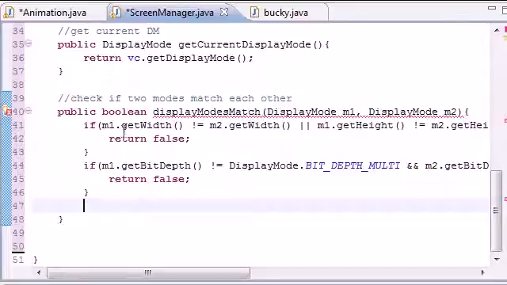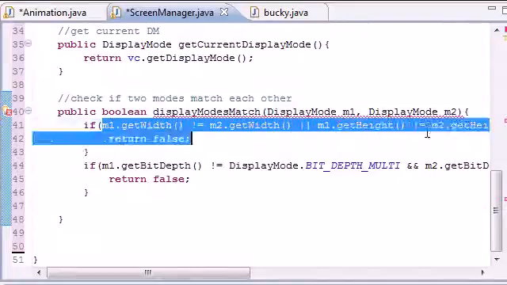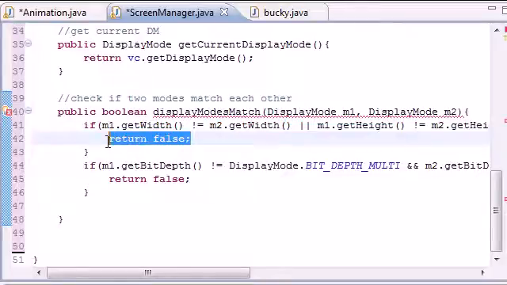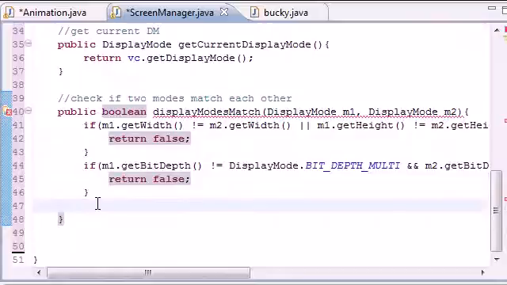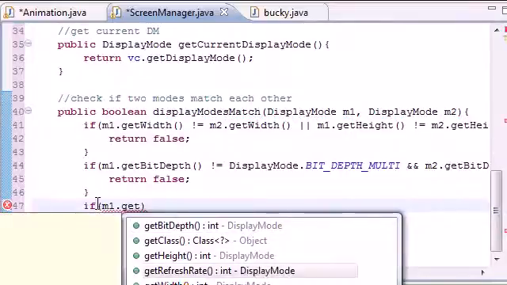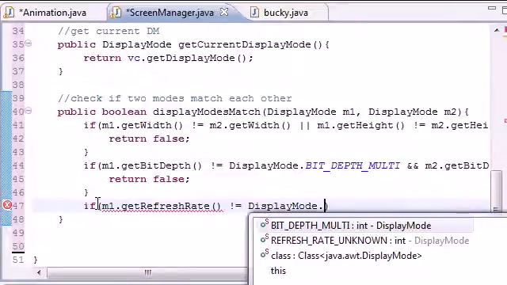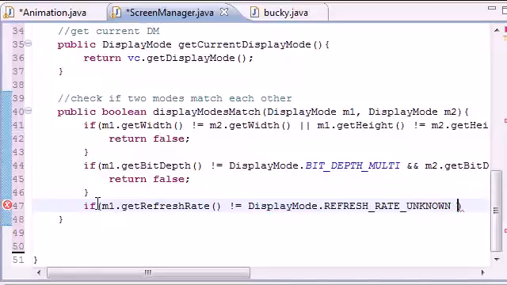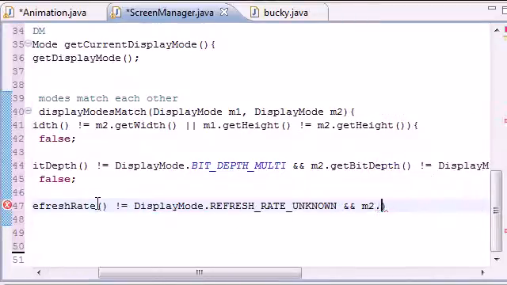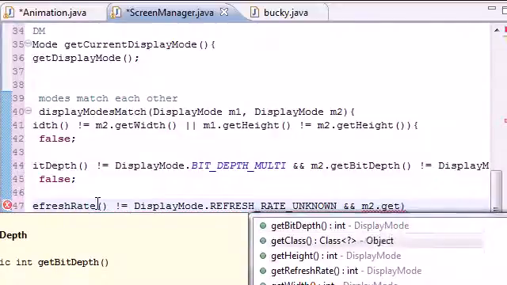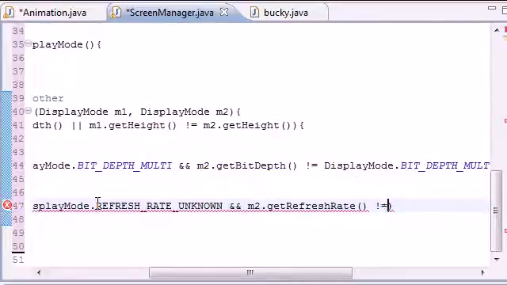So now what we did is we made a test for the resolution to see if they match, and if they don't match, we want it to return false. If the bit depths don't match, we want this to return false. And if the resolution rate, or excuse me, refresh rate, m1.get refresh rate is not equal to display mode dot refresh rate unknown, and m2 dot get refresh rate is not equal to